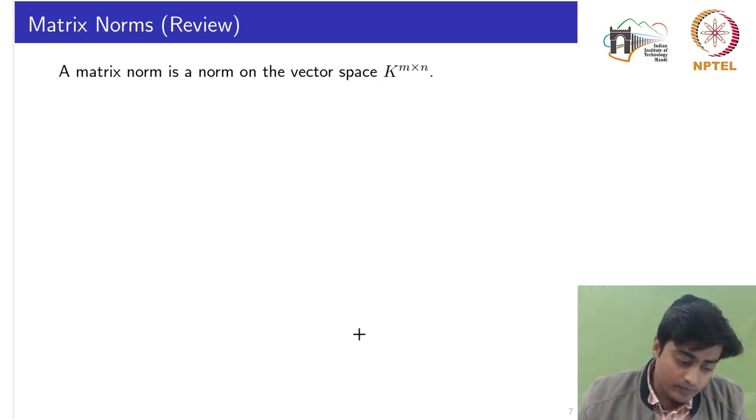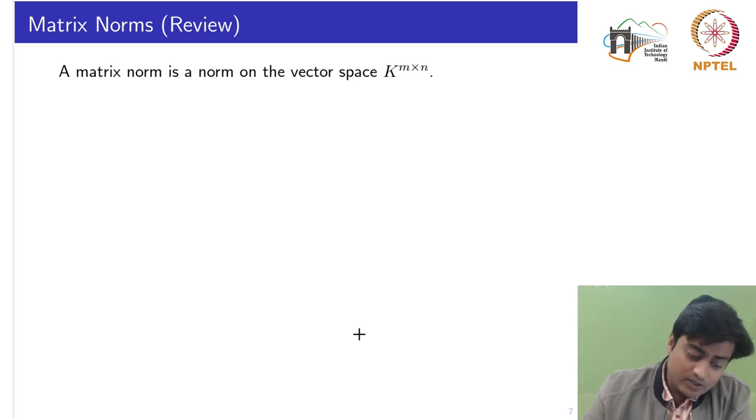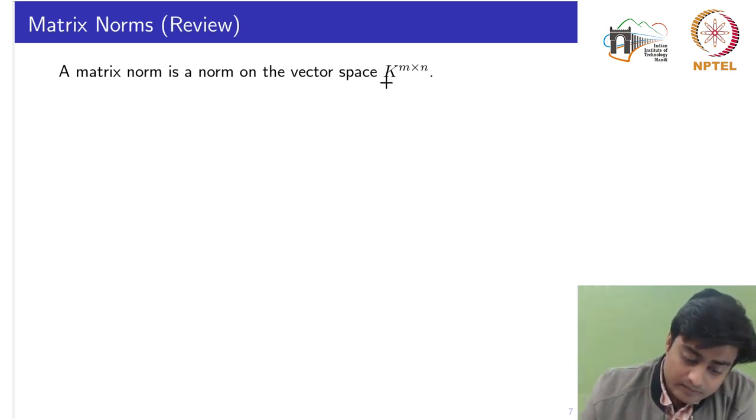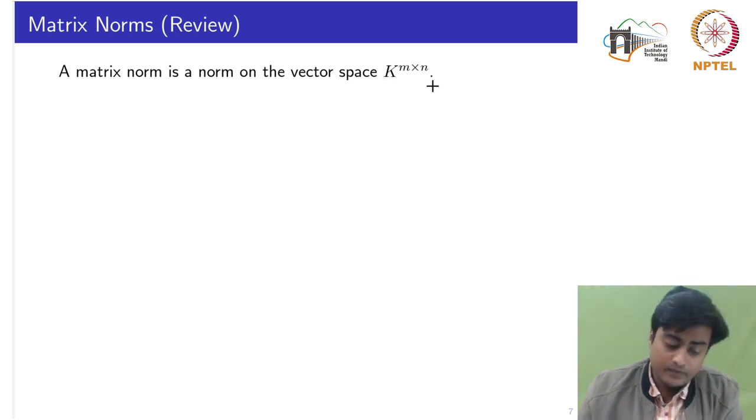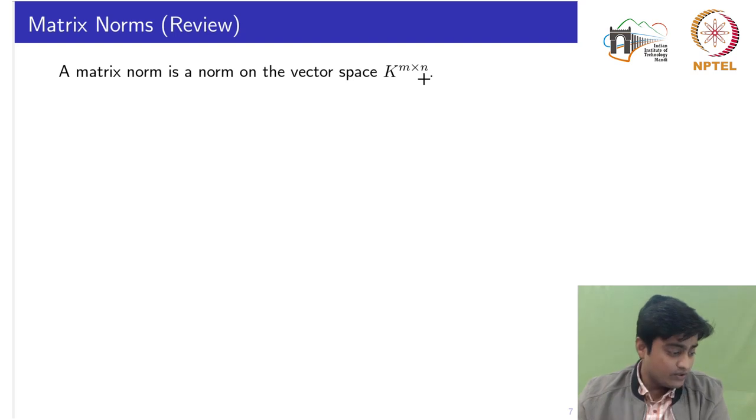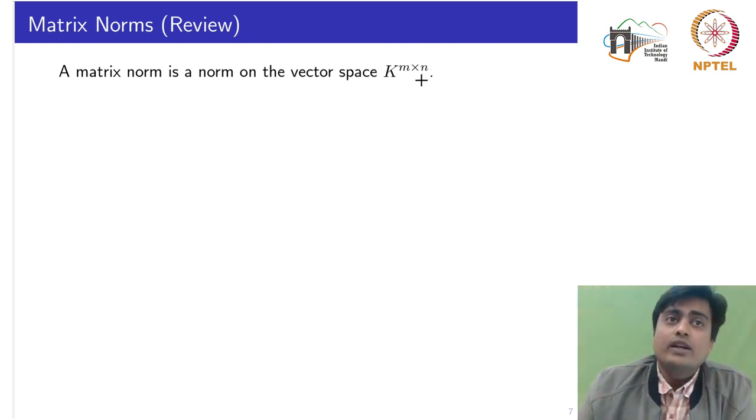So proceeding further with knowing the origin of the stability, here we will introduce a brief on the matrix norms and the vector norms, and also the positive and negative definite matrices. So a matrix norm is a norm on the vector space K of dimension m cross n. Right? So first of all, you should be able to understand why we need a norm of a matrix or a vector